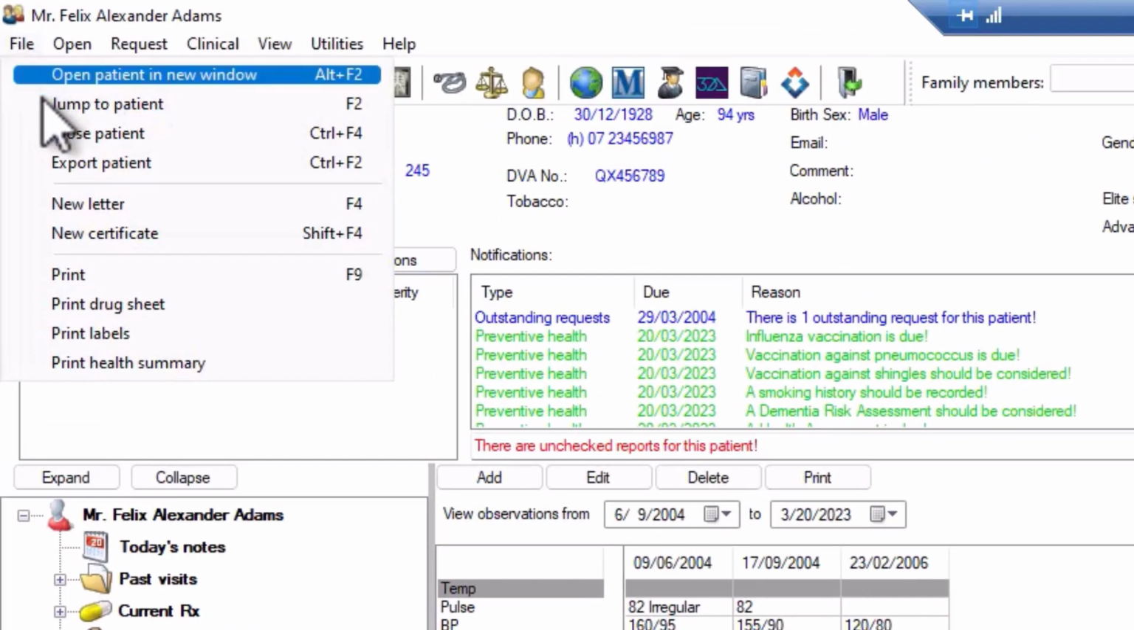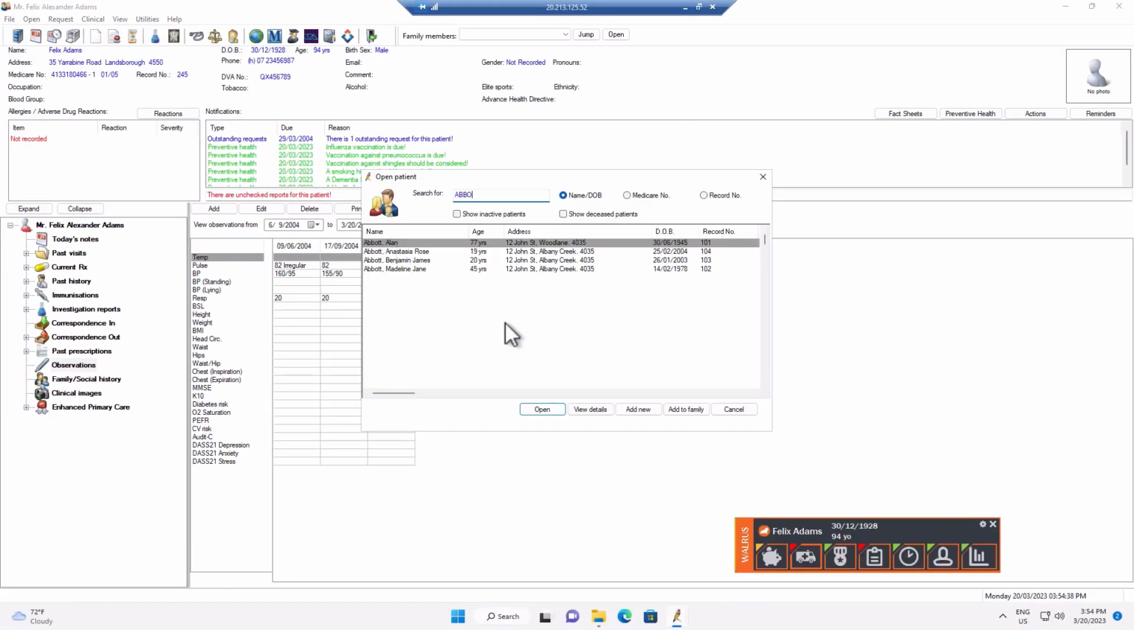When you open another patient in the clinical information system, Walrus will display Feeding the Walrus and the data will